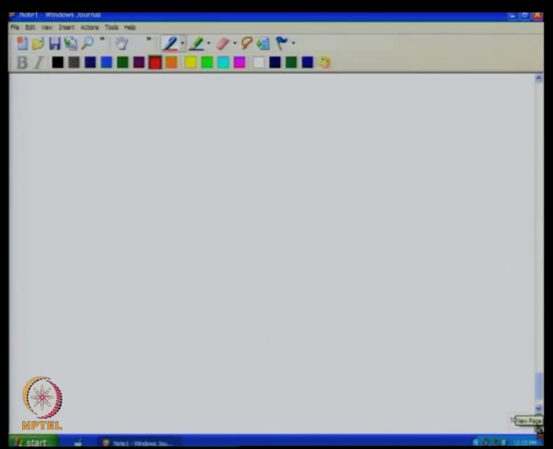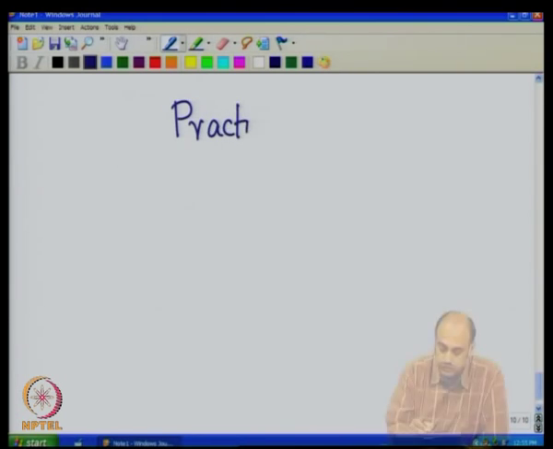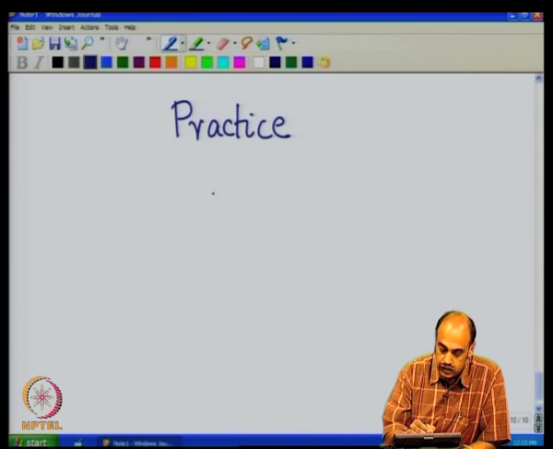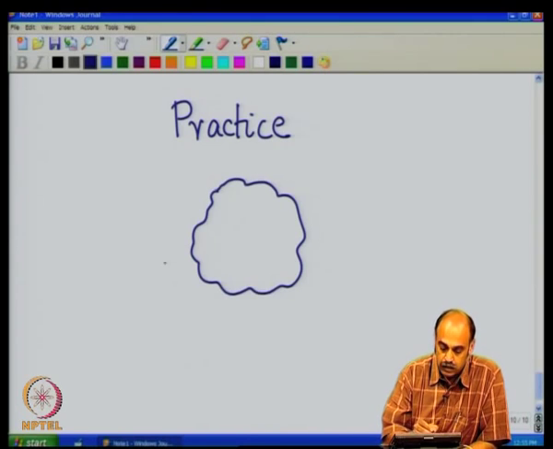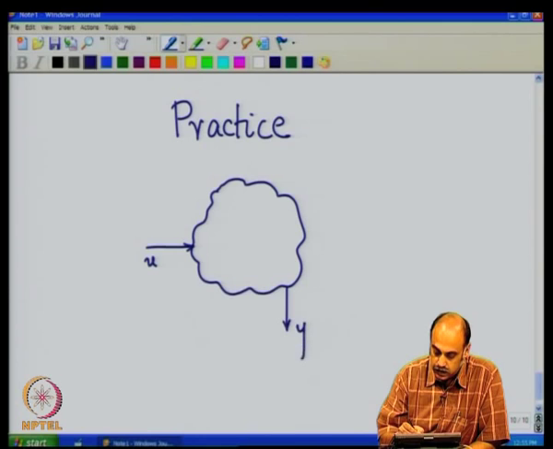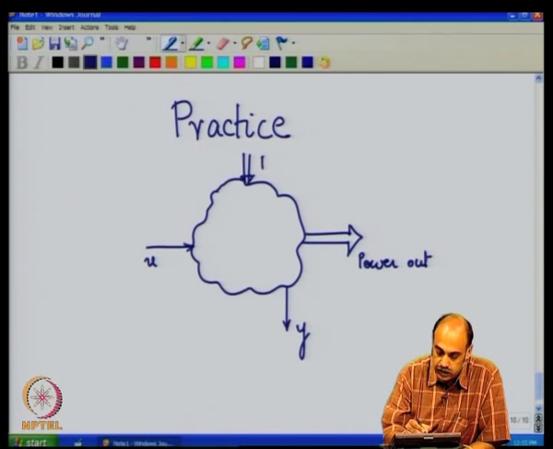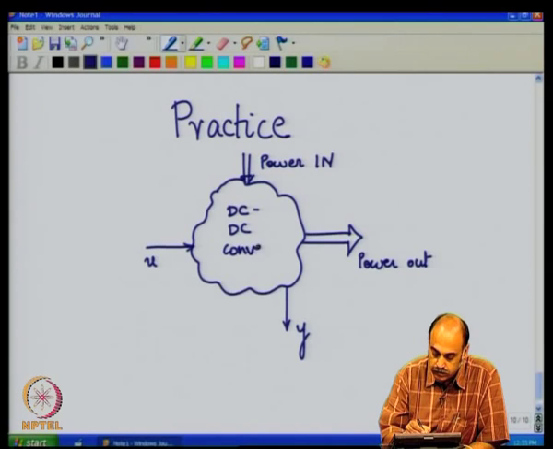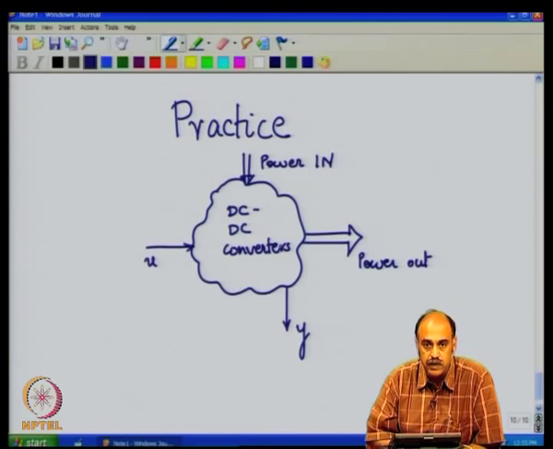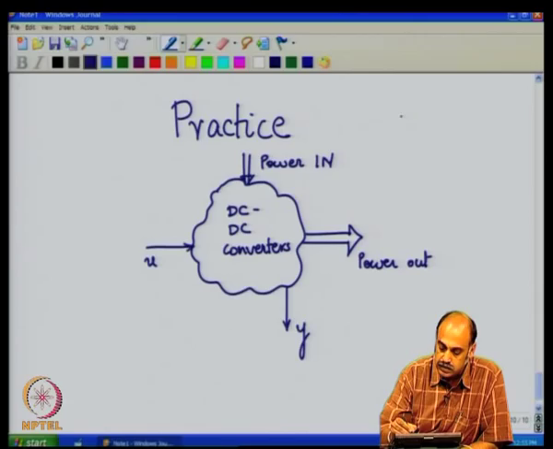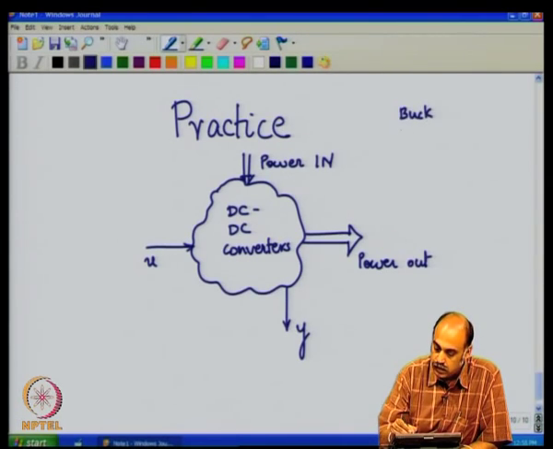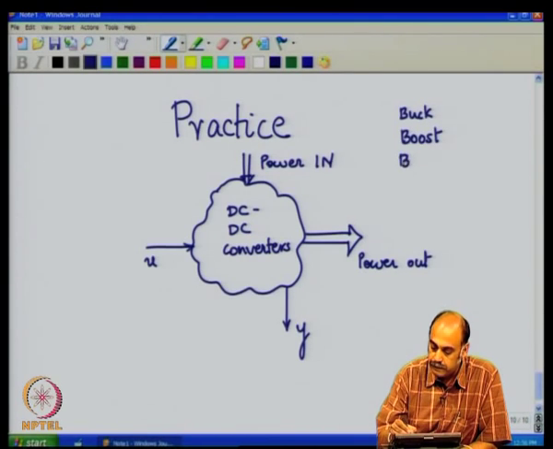So, to summarize now, what I would suggest is that you get some practice on what are the inputs, what are the output, control outputs, what is the power output, and what is the power input of various DC-DC converters. What are the input variables, what are the output variables, what are the power in variables and power out variables of the 3 non-isolated converters,